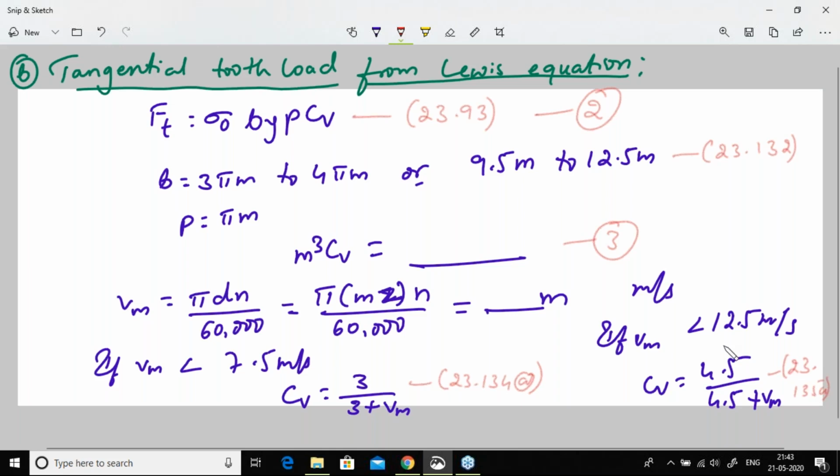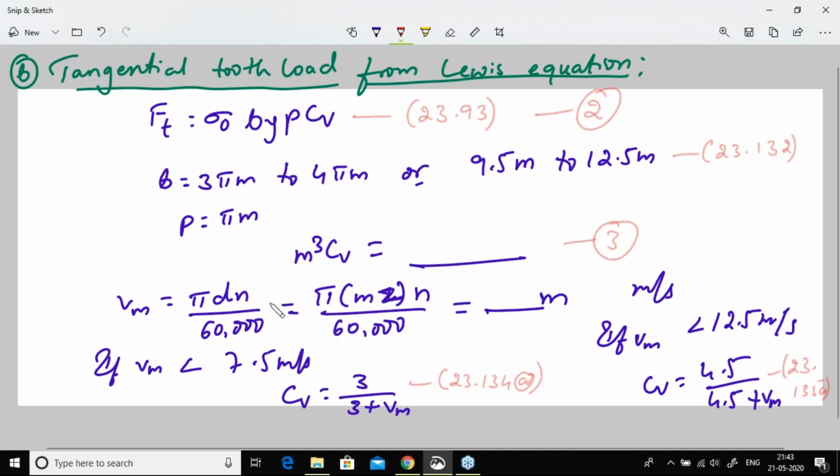Like that, if it is up to 20 meter per second, we have the equation in equation number 23.136a, and if it is more than 20 meter per second, we have the equation in equation number 23.137a. So based upon this Vm, we have to use the equation for Cv and calculate,